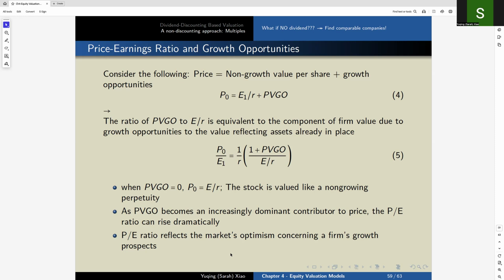If growth opportunities are zero, the stock price looks like earnings divided by the required return, just like a perpetuity with no growth. In that case, the PE ratio is simply 1 over the required return. However, as growth opportunities become more valuable,